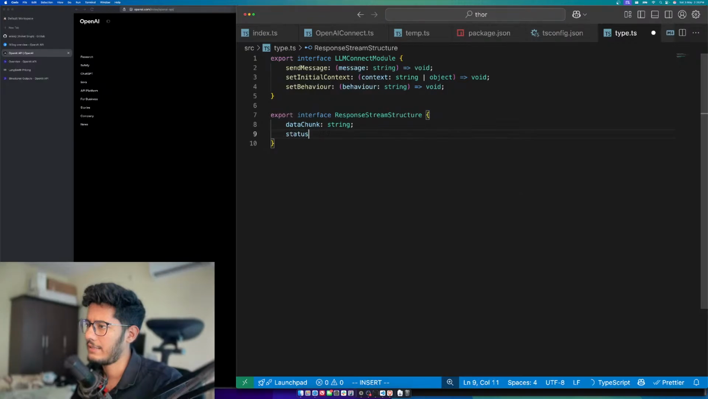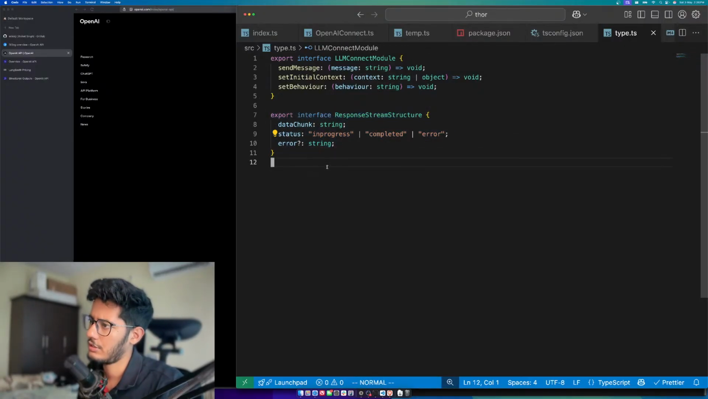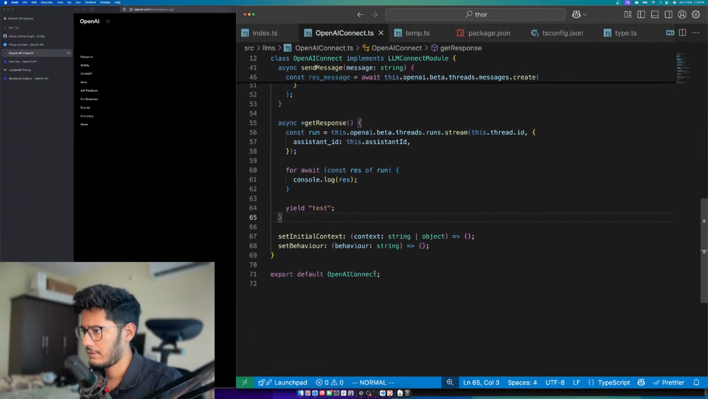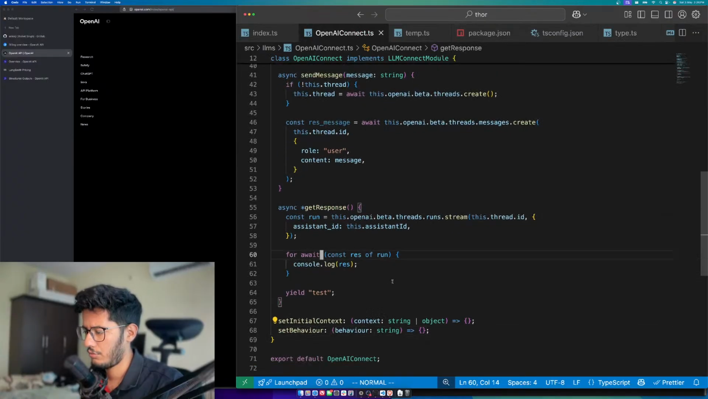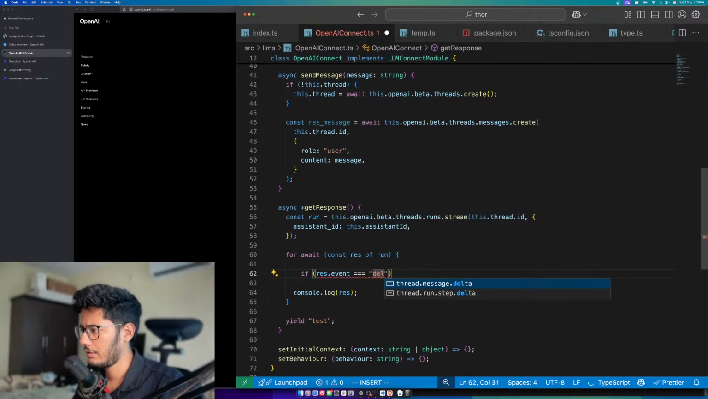We can say status. So this could be in progress, and then completed, and then error. And then if there is an error, we can just say this is the error, and this will be the common structure for all of them. So what we can do is copy this, and go to OpenAI Connect. And over here we can check for these things. So we can say res.event, if this is equal to delta, or this is equal to created, right? Then